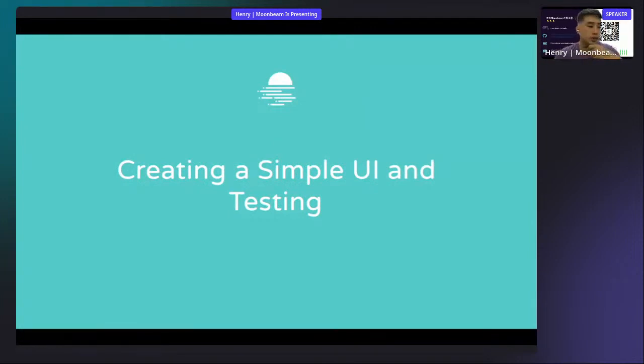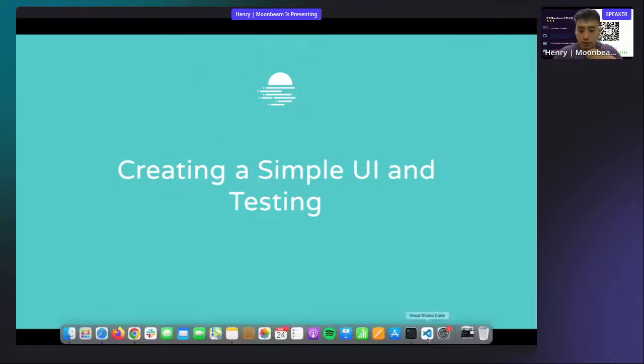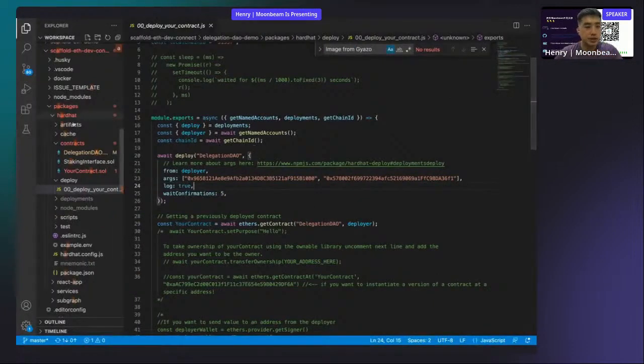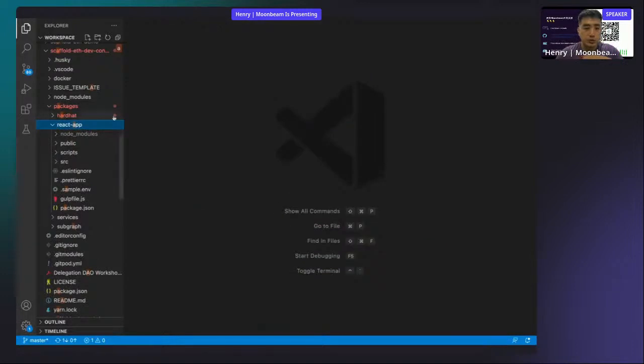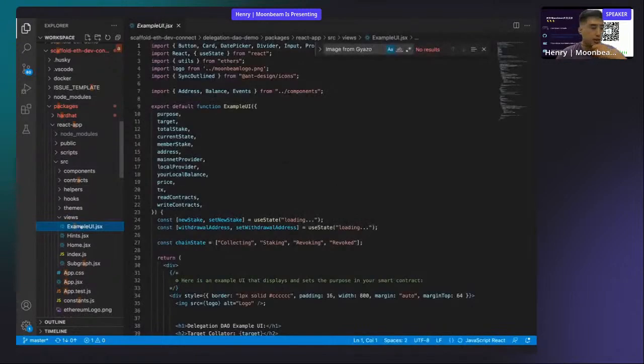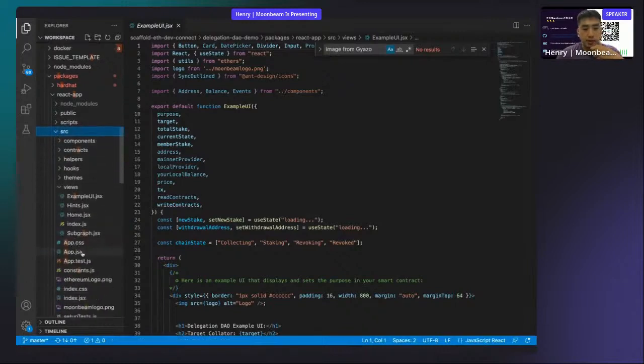Next, we're also going to use Scaffold-ETH to create a very simple front end. Let's go back to VS Code for this part. The files that you will need to modify are all under this folder here, under React app. The two main files you need to change are, one is this main